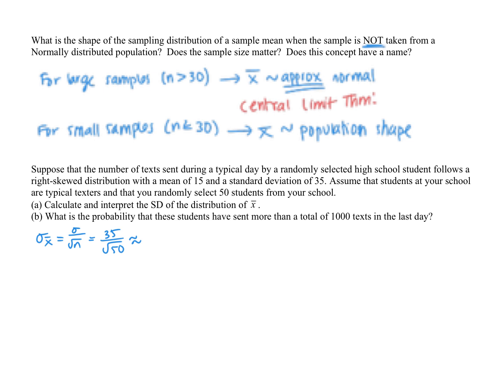It's about 4.95. So if we're going to interpret what that means, this is the spread or the variability about X bar. So if we were to take lots of different X bars. To interpret this, I'm going to say in the long run, if we chose many samples of size 50, we're looking at X bar, which is the sample mean. So the sample mean